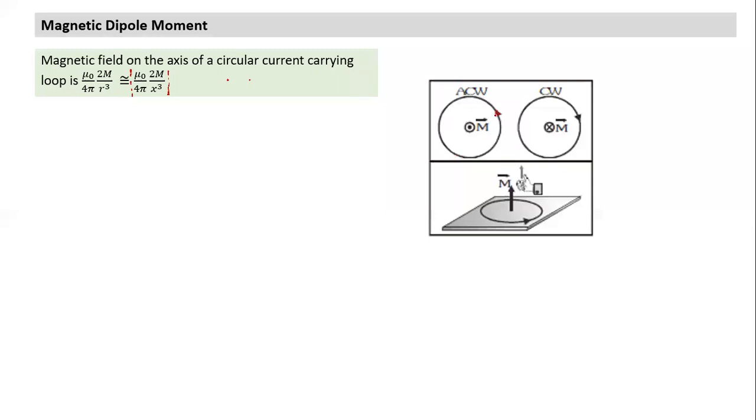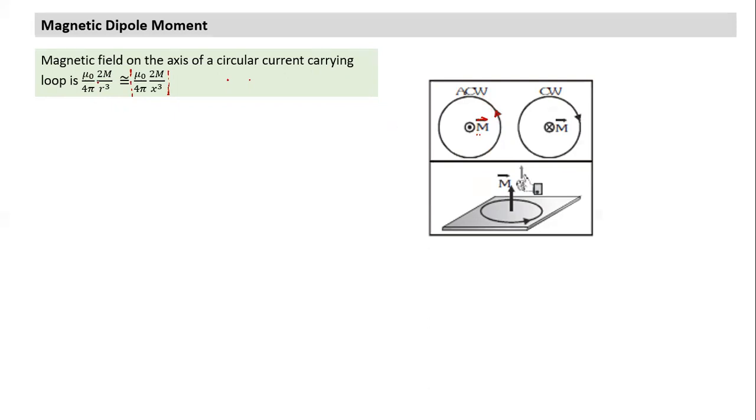See, direction of current depends on place of observation. So if I'm looking at the plane of paper, current is going in anti-clockwise direction. Direction of magnetic dipole moment, typically we represent by M here. So M bar, which direction? My fingers curling, right hand, again right hand thumb rule. Fingers curling along the direction of current, my thumb will point towards me or out of the plane of paper. That is the direction of dipole moment.